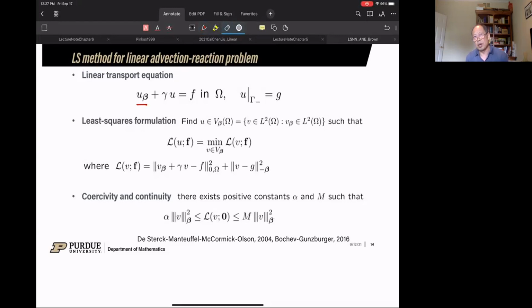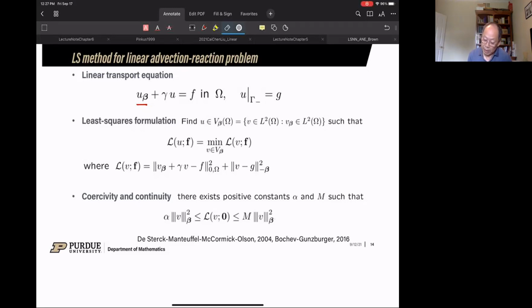Okay. For the hyperbolic conservation law, there is very little work on least squares, and one reason is that when we're doing least squares, our theoretical background is a Sobolev space, all the Sobolev theory. And for hyperbolic conservation law, we don't have that. So that's one of the main reasons; I can probably count fewer than 10 papers in this field. But for the linear problems, actually, least squares is well established.